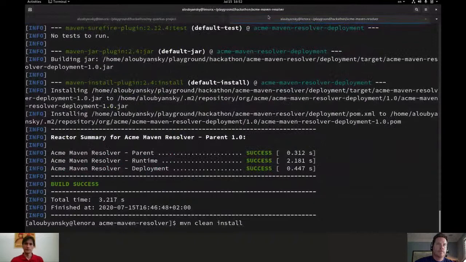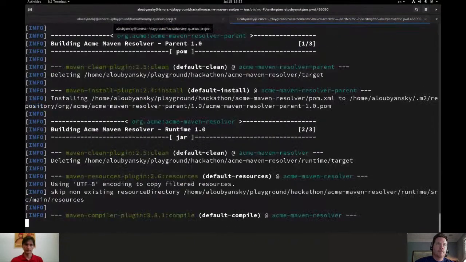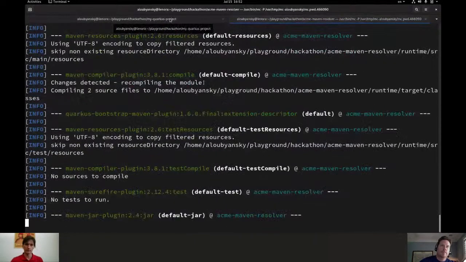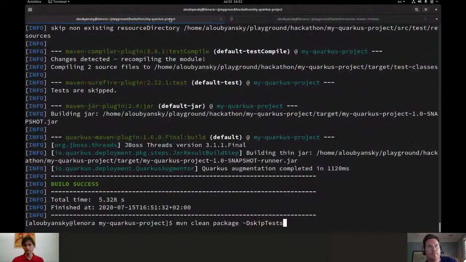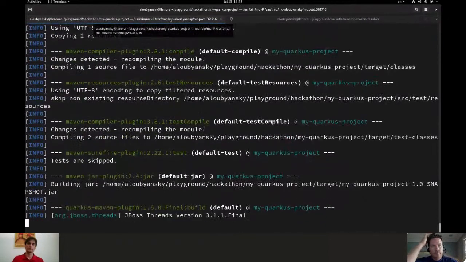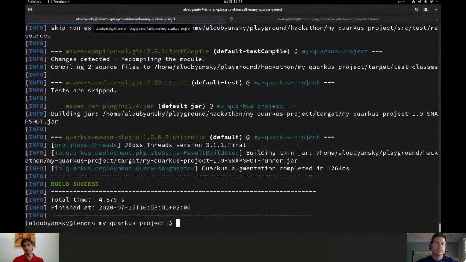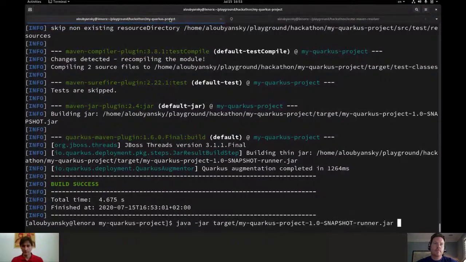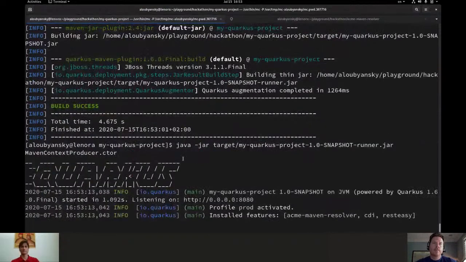So let's build my extension. Oh, yeah, I need to build my extension first. So the reason I'm not using dev mode right now is just for that reason. I just want to show you how, first of all, I need to rebuild my extension all the time. And the other reason is I really want to show you at which point during the build and runtime the